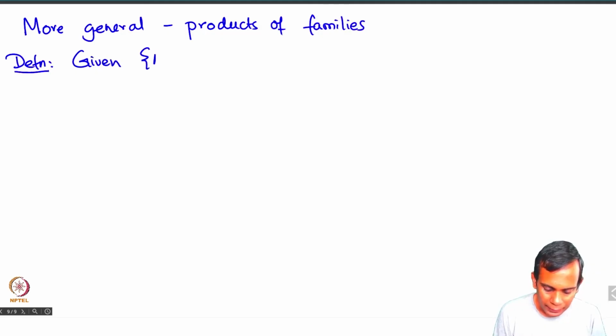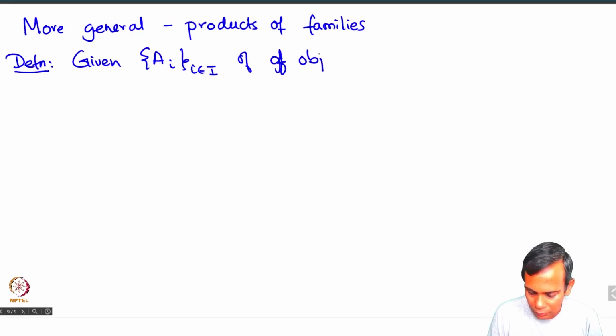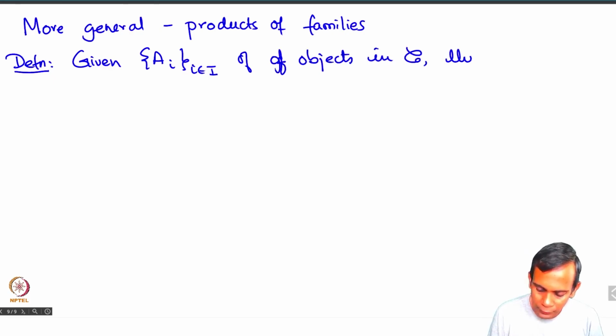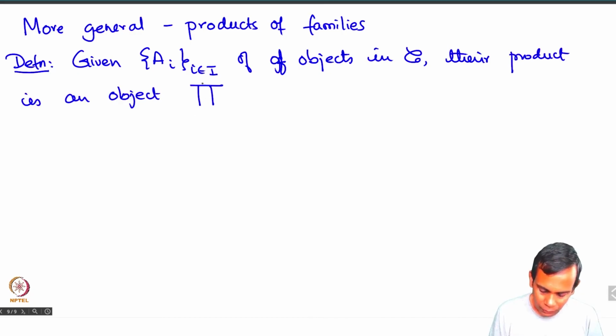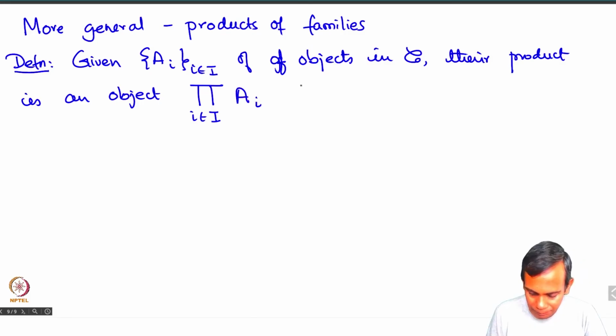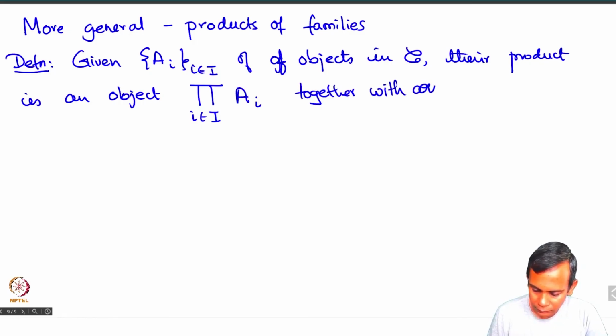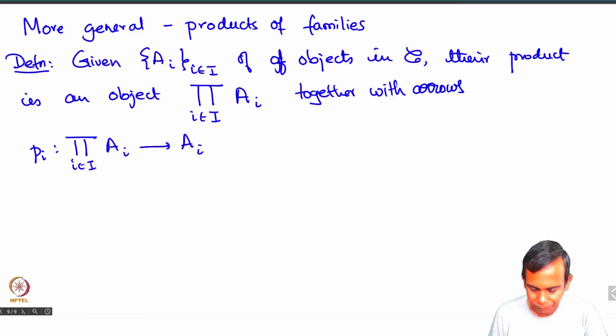Given a family A_i, i indexed by some set I, of objects in C, their product is an object which we denote by, we use the pi notation, the product notation which we use while multiplying numbers and so on, together with arrows pi_i from the product over i in I of A_i to A_i, such that